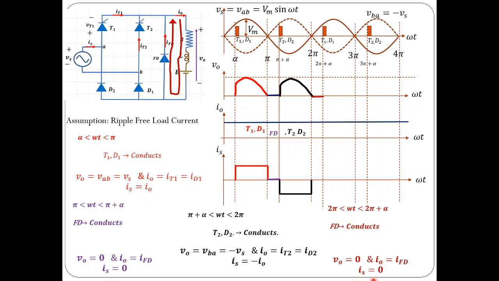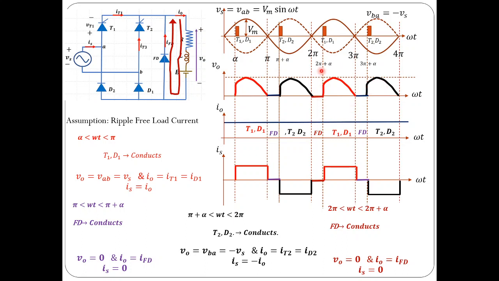So let me indicate that also graphically. The load voltage is 0 and the load current is constant, and that is the same as the freewheeling diode current. The source current is 0. There is no current flowing through the source. You can see the load current is flowing through the freewheeling diode, so there is no source contribution. So the source current is going to be 0 during this period. So this is the operation of this semi-converter from pi plus alpha to 2 pi plus alpha. For this particular complete cycle, this is the operation, and the same thing would repeat for the remaining cycles. You can find the same kind of wave shape for the remaining cycles also.